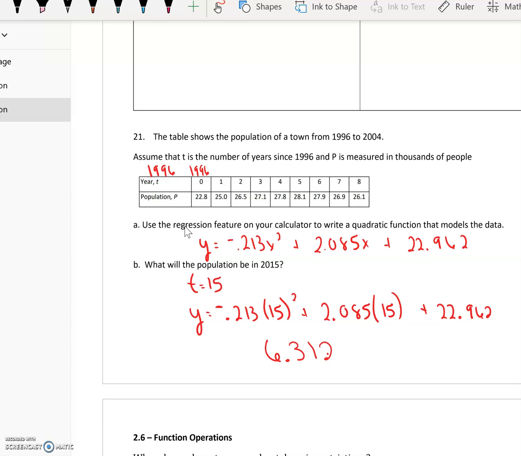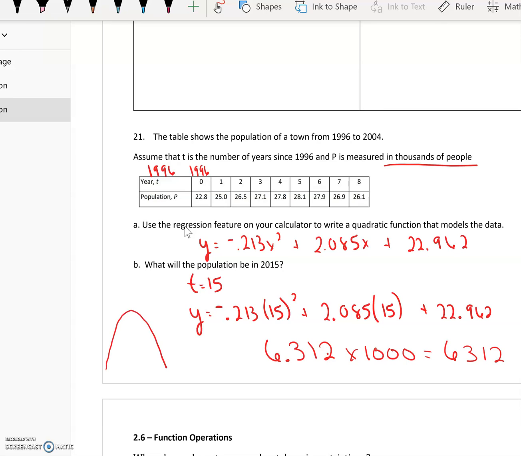Now that is not a population. The population was in thousands. So what you can do is just take this times 1,000. You can use your calculator to do that. And the population is 6,312. So if you think about this, the population started out, it went up because this is a quadratic,